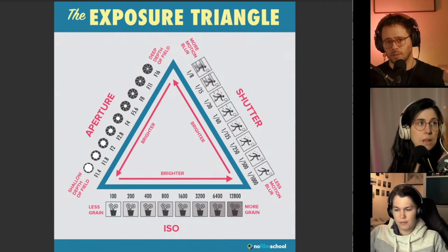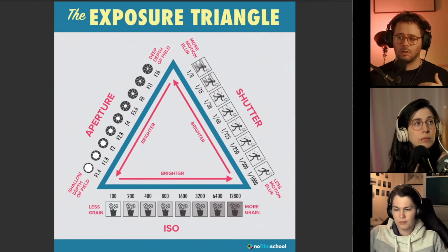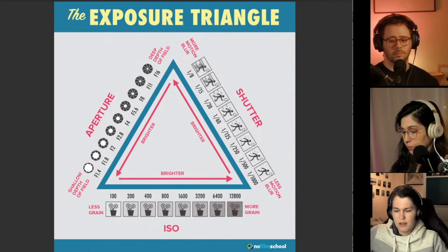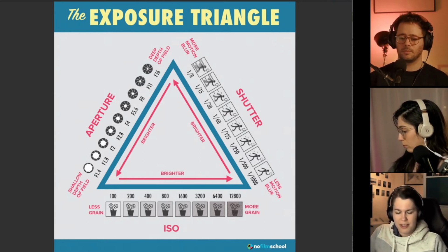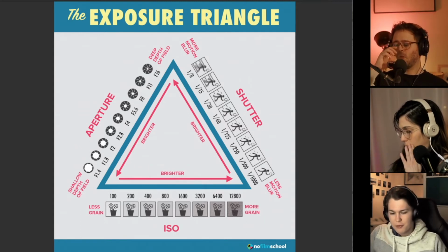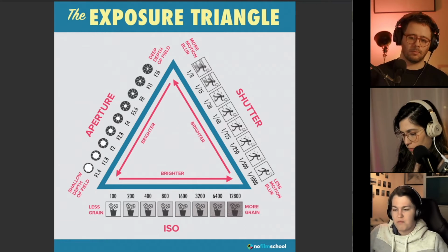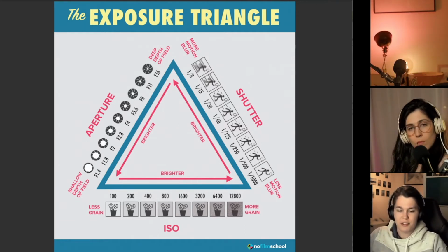I always underexpose by one stop, because I feel like the editing will save anything that needs to be saved, and nothing will be clipped. Yeah, that's a good point. I mean, a lot of people are talking about always keeping a low ISO, which is kind of true when you can expose correctly still with your shutter speed and your aperture.